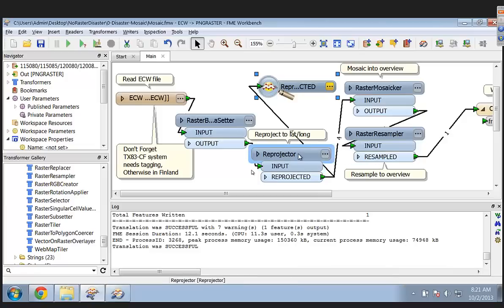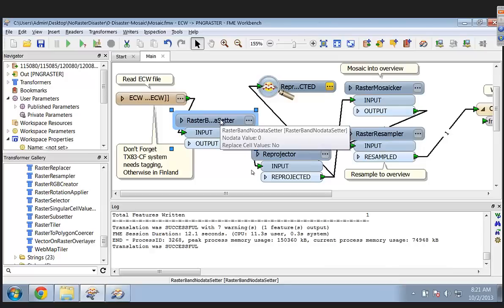Yes. But it actually would work better if you mosaic first and then reproject it. Because now you're abutting all of these images together with no black areas at all, and then you can reproject, and maybe you need the no data setter to give the transparency, or maybe you don't. But if you did that, you wouldn't get those gaps in between.